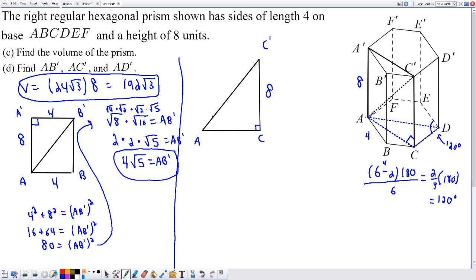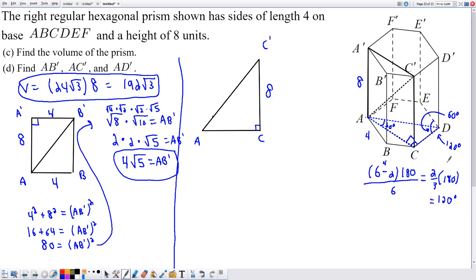But notice that AD is the diagonal across half of the hexagon. And because of that, it's actually cutting this angle here, the smaller portion, in half. So that's a 60-degree angle. And we know that from here to here must be 90 degrees, so we actually have a 30, 60, 90 triangle. Now that can be a little tough to see,